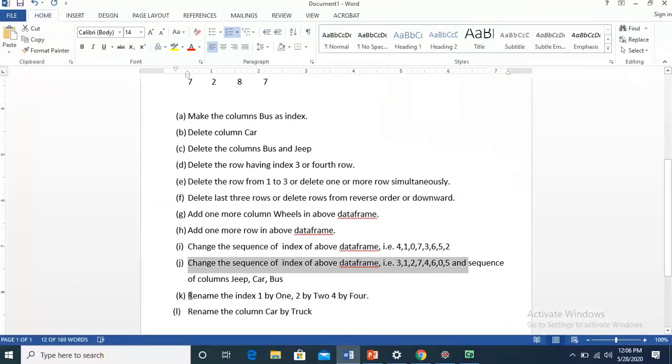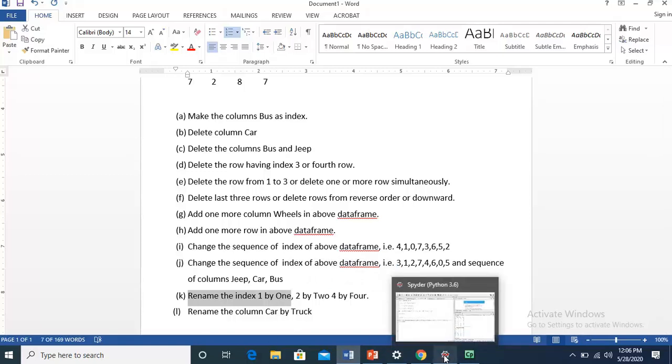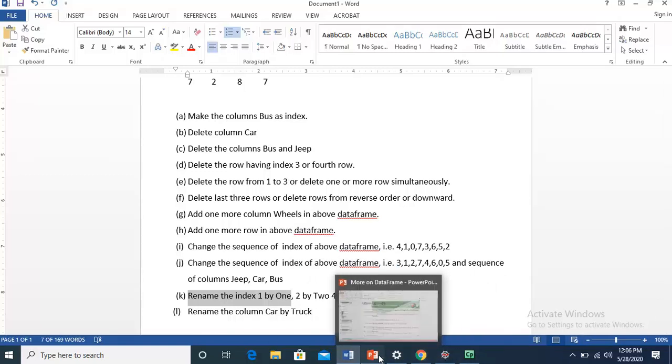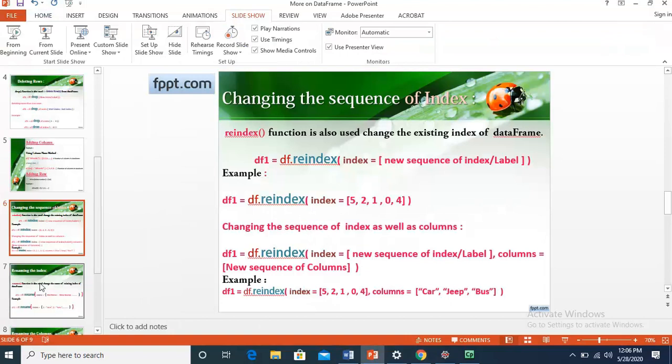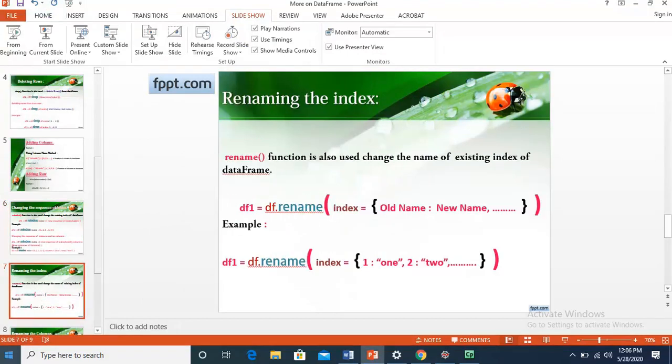Then rename the index 1 by ONE1, 2 by 2 and 4 by 4. Let's change this. If we want to change the index name, then we have a function rename.